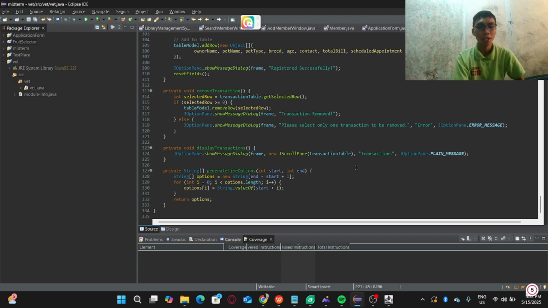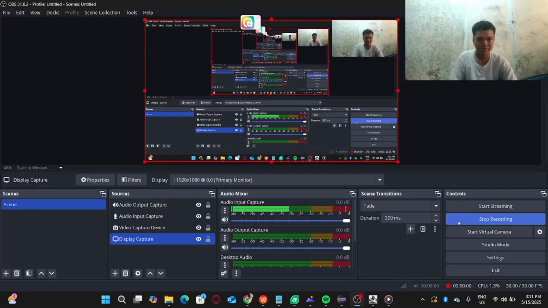Moving on to displayTransaction, where all the transactions that have been made will show whenever it is clicked. Next is the private generateTimeOption, where the schedule that they selected is finalized with their services. That's all, and thank you for listening.